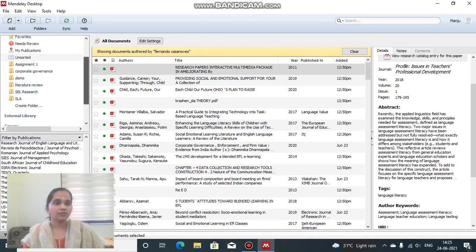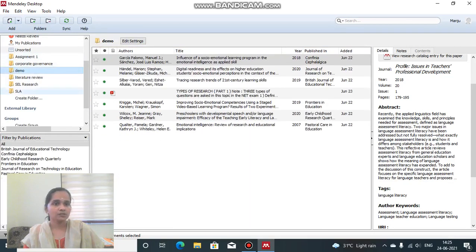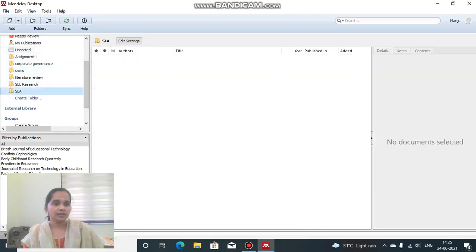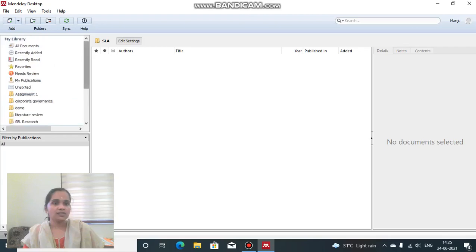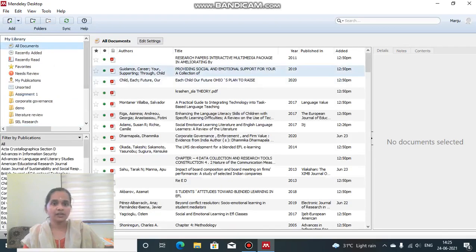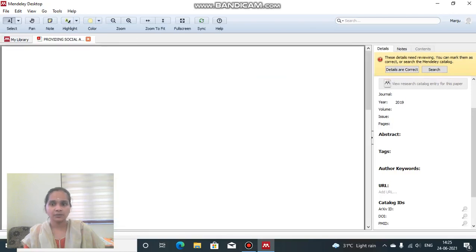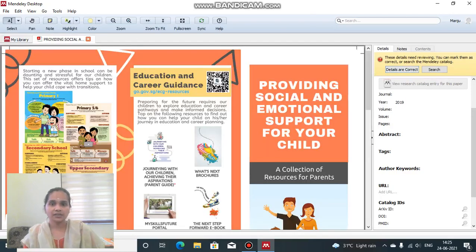Now, I have already told you how to create these folders. These are all folders created by me: Assignment 1, corporate governance, demo. Some files get added here also, and I told you how to easily add files from the All Documents section. For example, as you go through the All Documents section you see a paper on social and emotional support; just click on it. Here you can see a note: these details need reviewing.